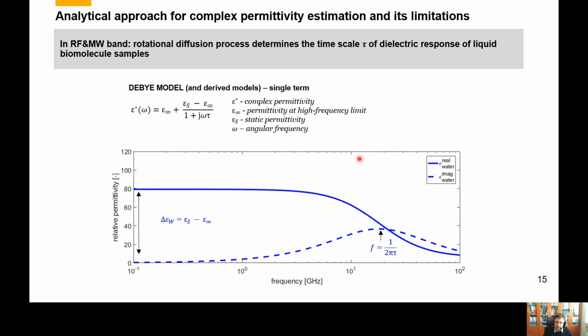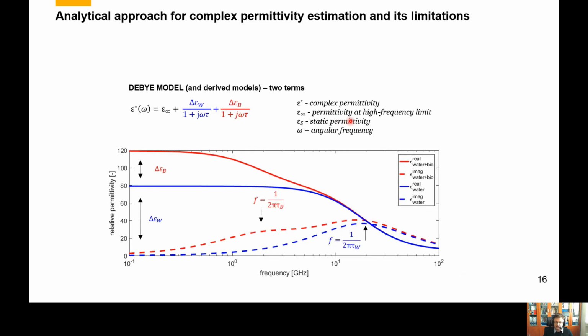The dashed line is the imaginary part of the permittivity. Now, when the system gets more complex, for example, when we add some biological components, biomolecules, to the water, the permittivity spectra change. For example, when we add small polar biomolecules, like we are going to give